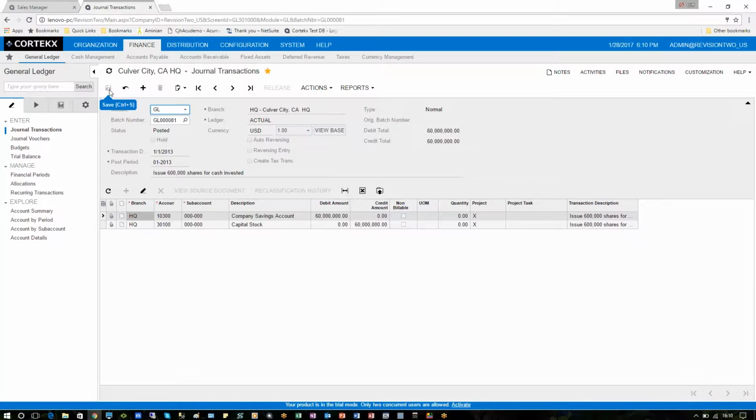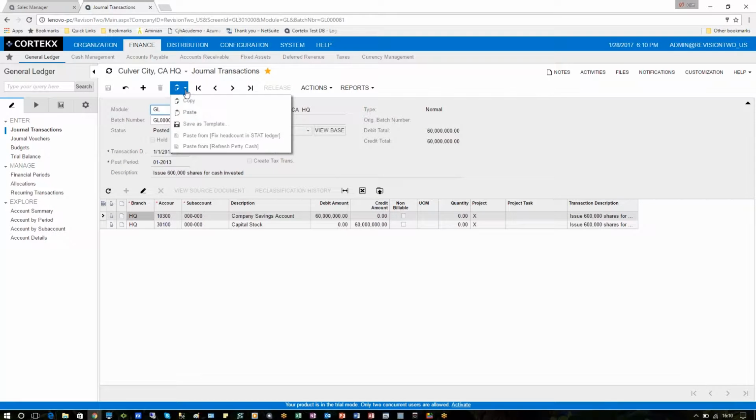At the top, we have several buttons. One here is called the Save button, and you can use the shortcut Control S to get to that. So instead of having to use your mouse, you can just click Control S. There's also a Cancel or Escape button, and then you can also use the plus for an addition. So that's Control Insert will add a new record, and of course the requisite Delete button, which is Control and